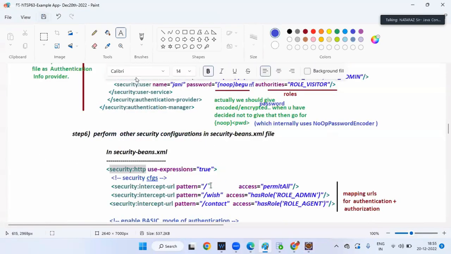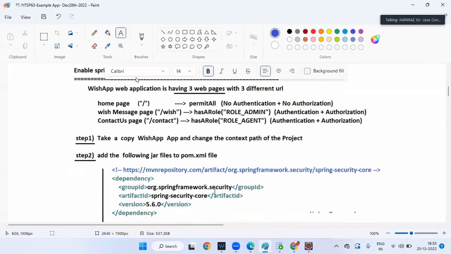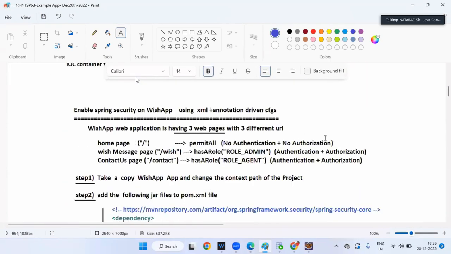Still, we have to implement this part. On the home page, allow everyone, no authentication, no authorization. On the wish page, only authentication. Authentication plus authorization with a role: admin people only should be allowed. The contact page should be allowed only for agent people. That means authentication and authorization. Everyone got it, guys? Understood my statement? Super. So when we meet in the next class, we will